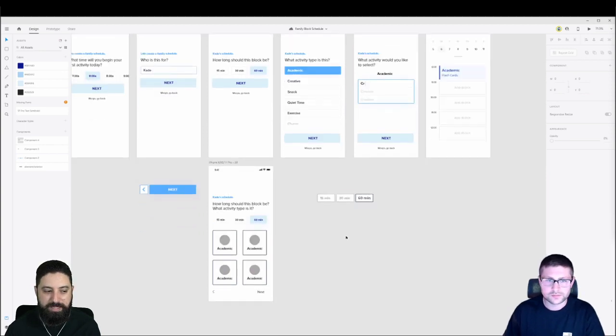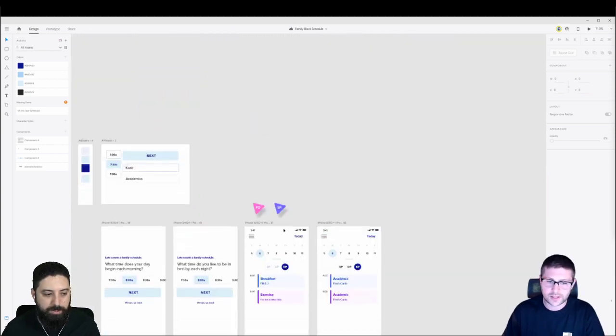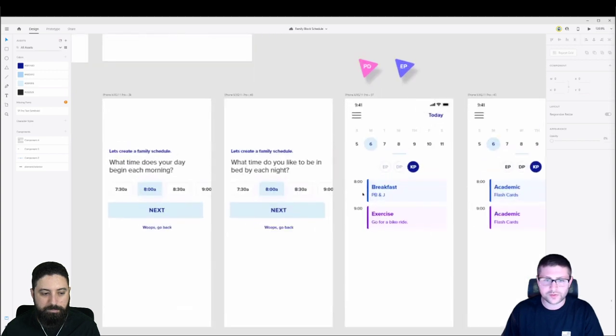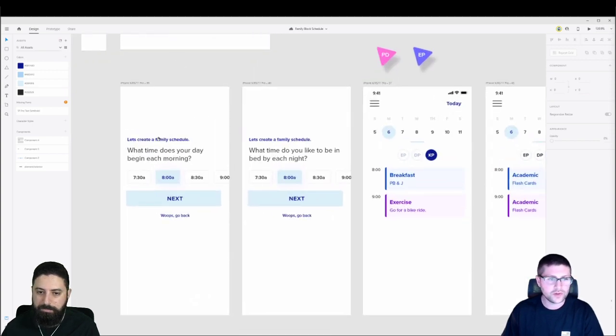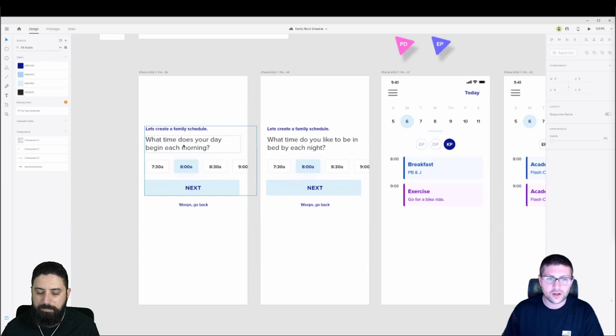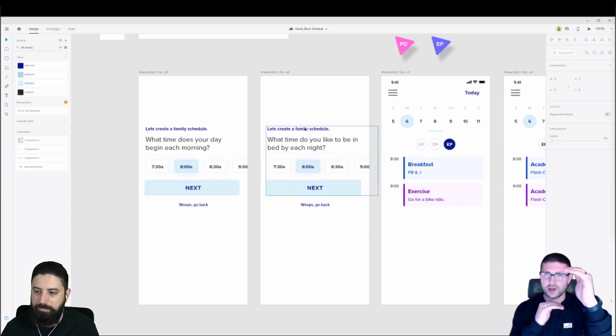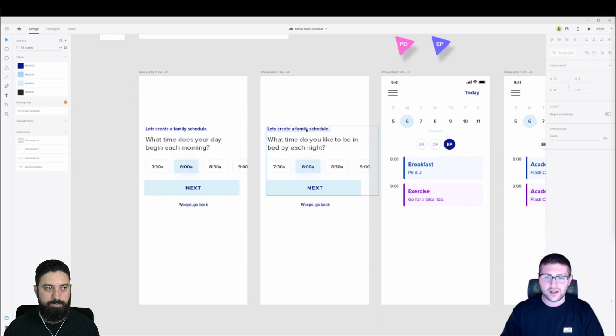And it simplifies it into like one to two steps. So that's where we're at now today, where we've simplified it a little bit to say, when does your morning or when does your day begin and when does it end? So what time would you like to be in bed each night? Then you've got those parameters set for the beginning and the end, and from that point